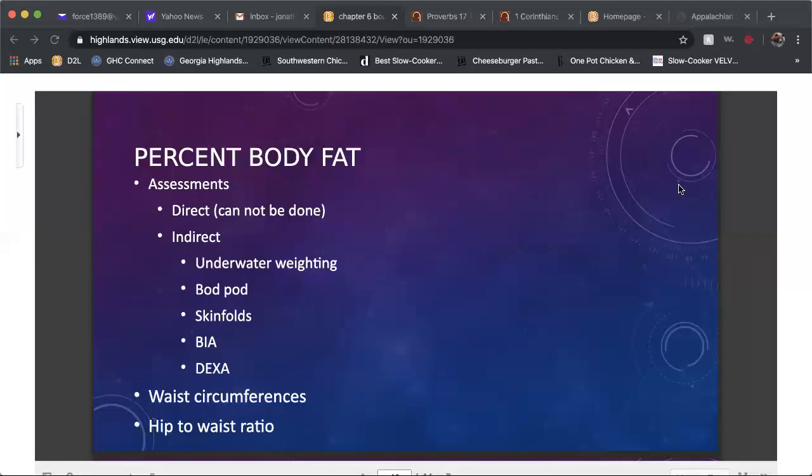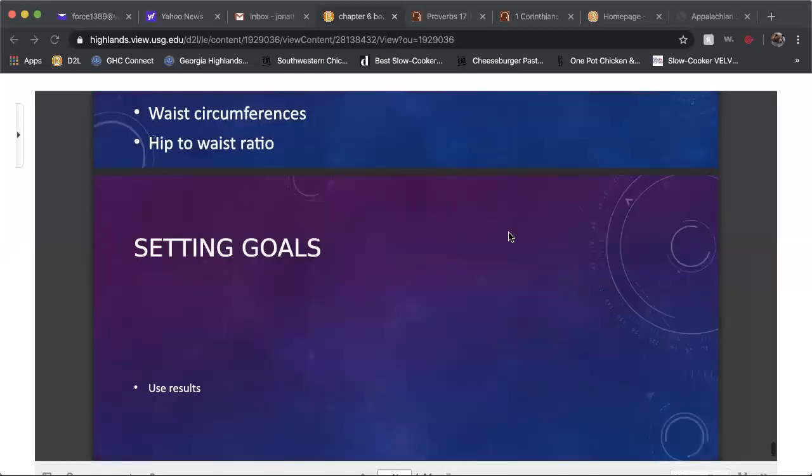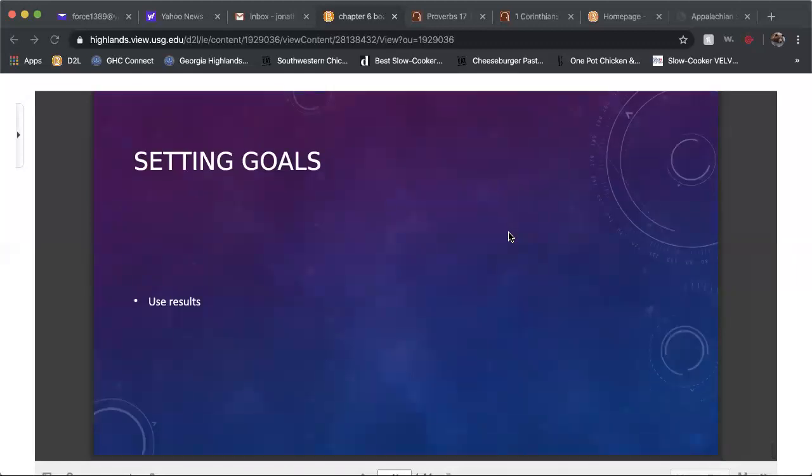Yes. Good. So at the end of the day, you're going to get those results and you're going to see those things. And so what do we do once we know our percent body fat and we have all of this information? Well, at the end of the day, it's really simple. You're just simply going to use your results to set goals. We want to set a goal to fall in that healthy range of body fat that we've talked about. And we want to look at those things